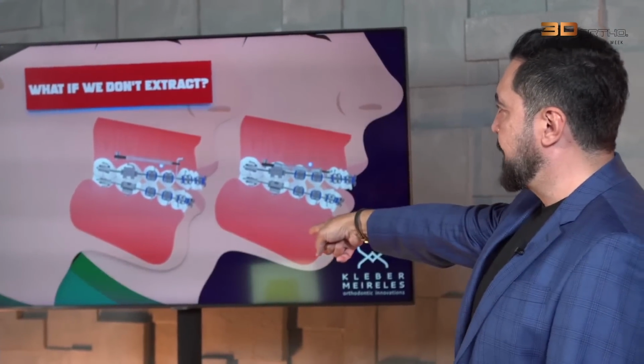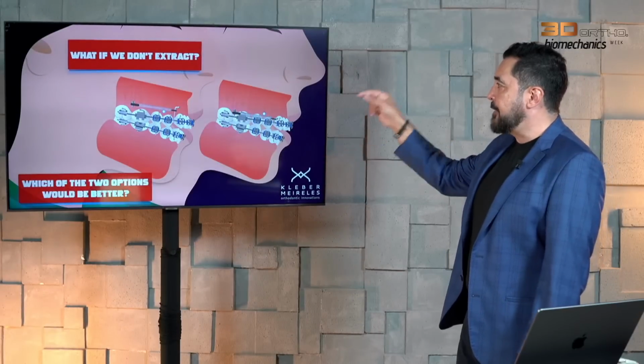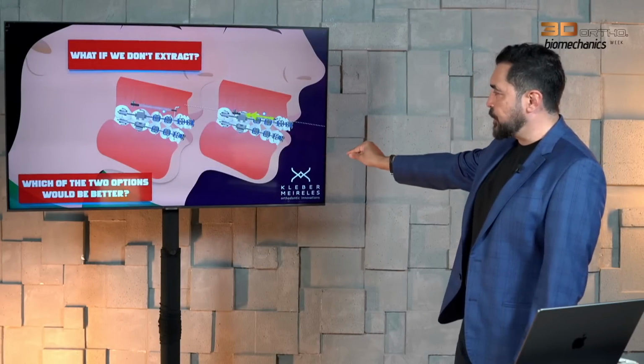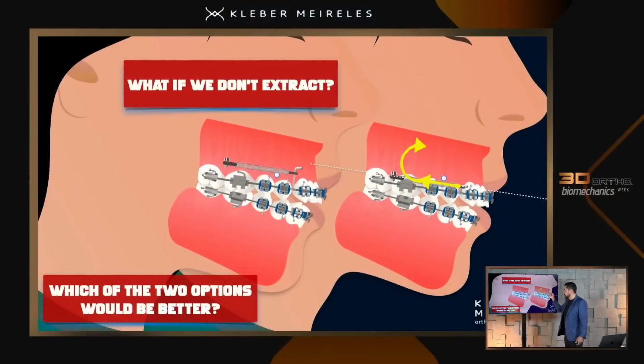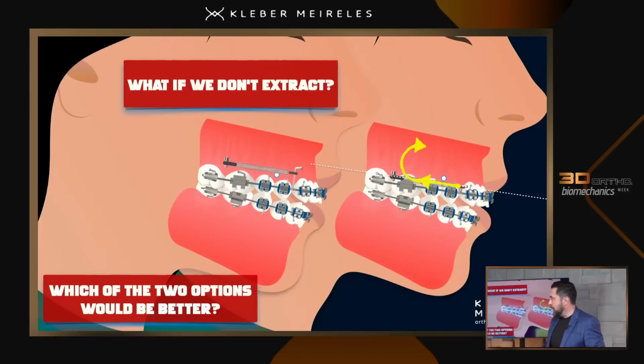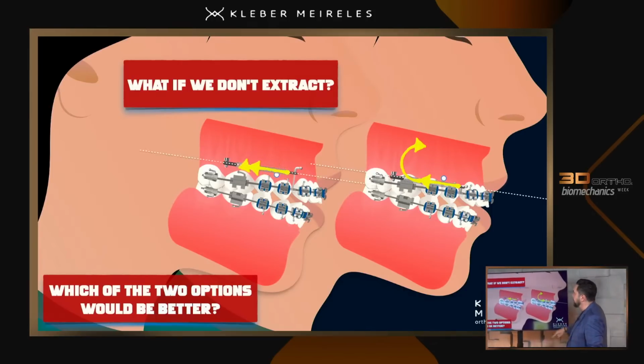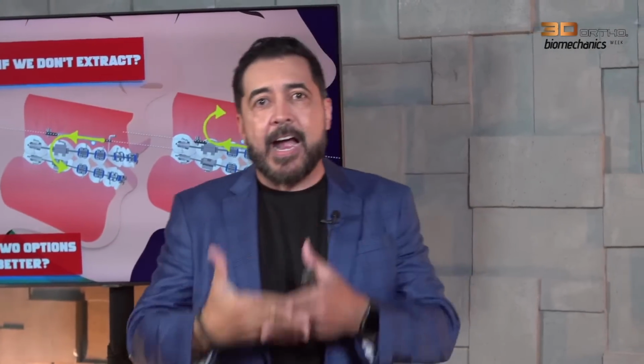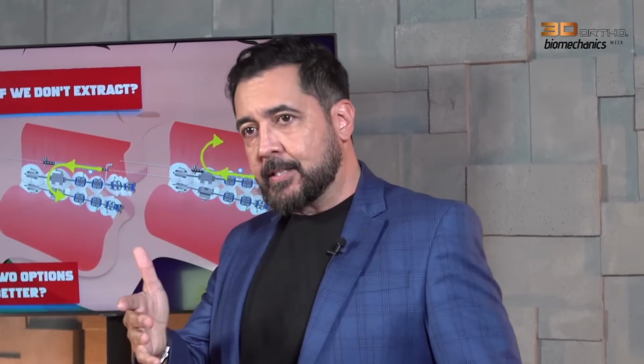We have different ways here. Look at that. We have the line of action of the force below the center of resistance of the, look at the differences here, entire upper arch. And now we have the line of action above the center of resistance of the entire upper arch. But for us to consider that,